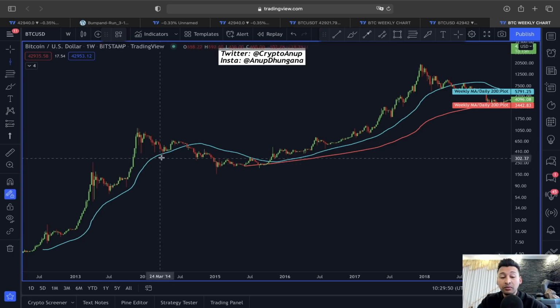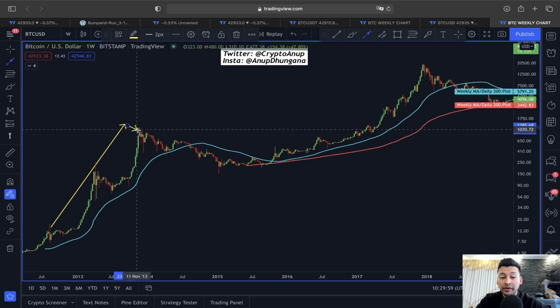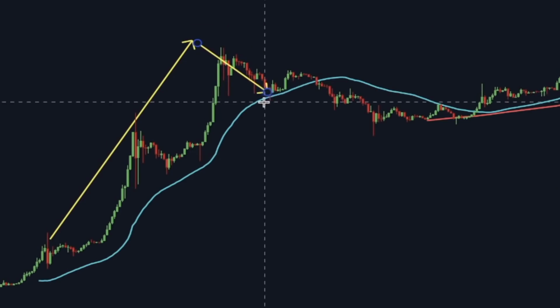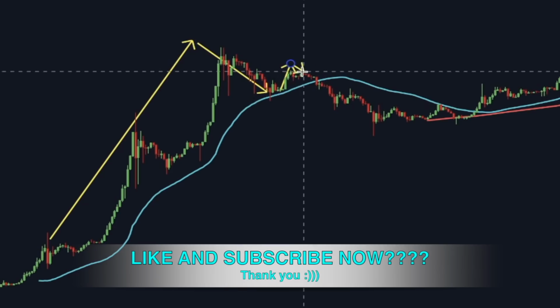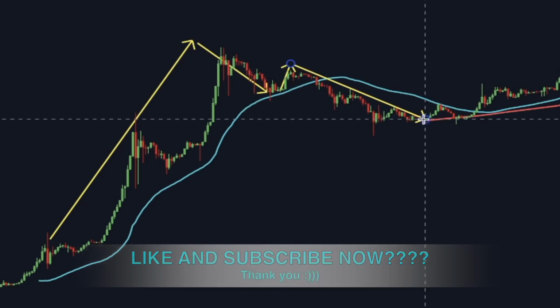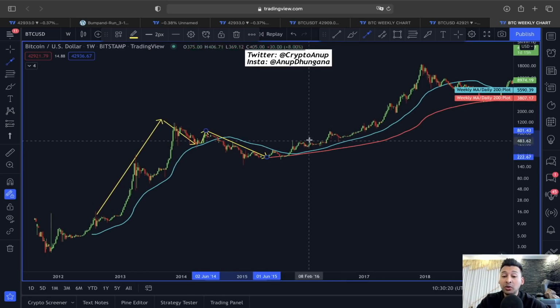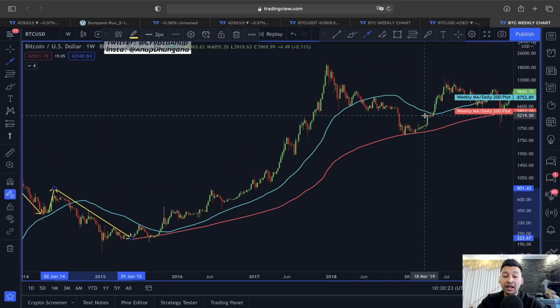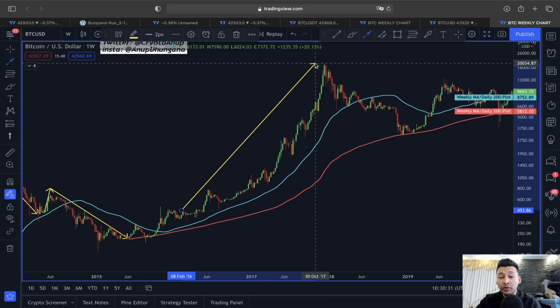uptrend. This 50 weekly moving average got retested after this really nice impulsive movement, as you can see here. From 2013, we had this price retracement, and this retracement got support exactly at this 50 weekly moving average. Had a small relief rally, but this could not last longer, and after that we saw this actual trend reversal where the price of Bitcoin came and retested the red line, which is the 200 weekly moving average. After that, we started this new move here to the upside. Again, after reaching this 200 weekly moving average, we started a new movement where the price of Bitcoin remained above this 50 weekly moving average.